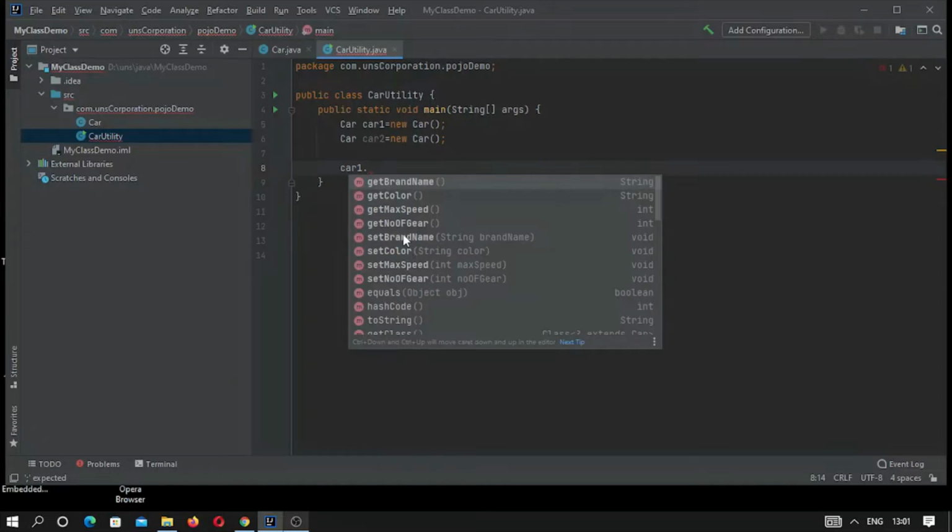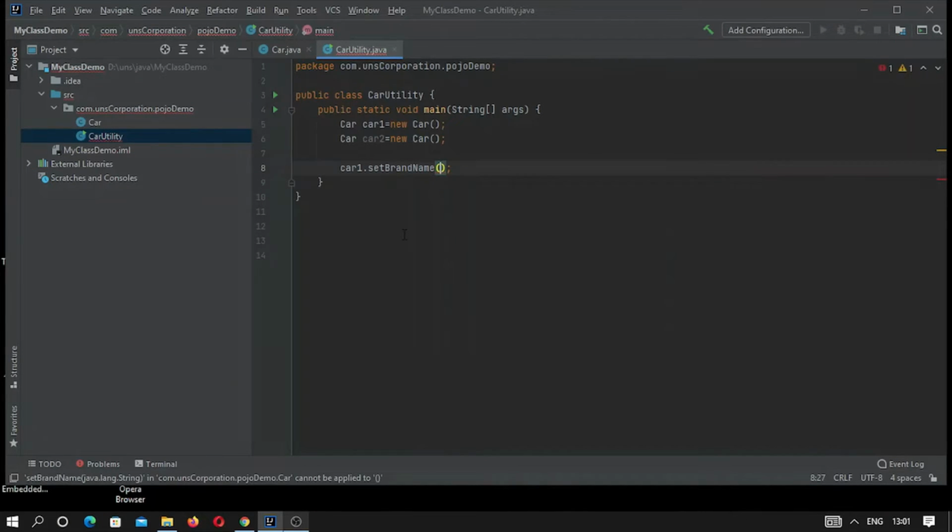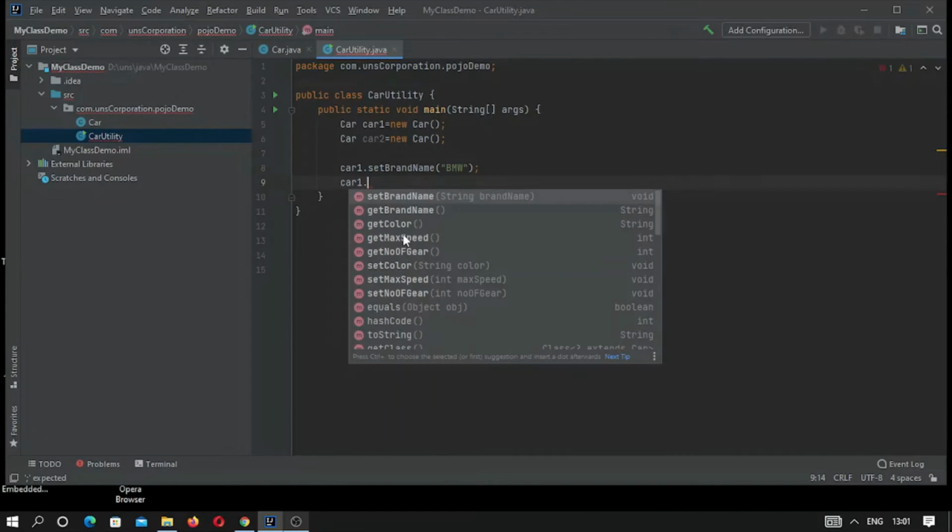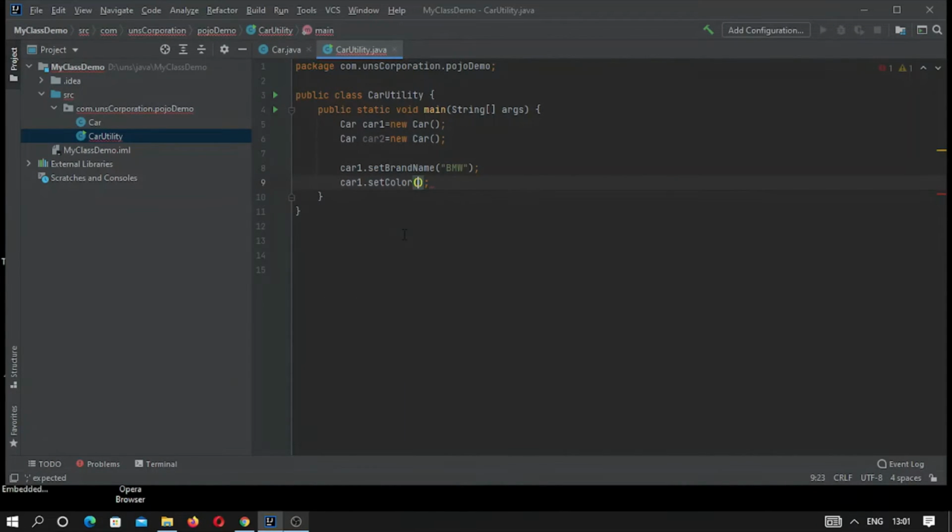So let me first set the brand. Suppose this car1 belongs to BMW, so this is a BMW car. Again car1, now let me set a color, and suppose this is white.